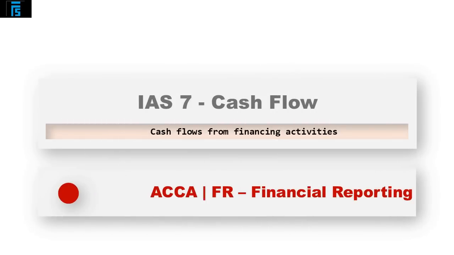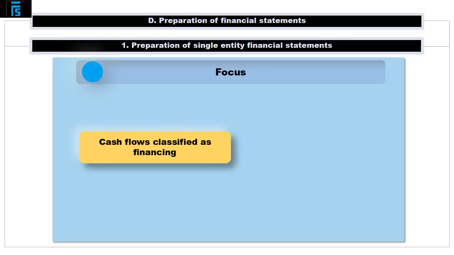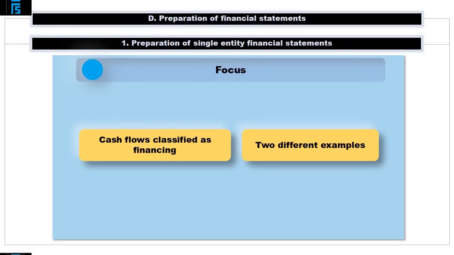In the fifth and final module of the section devoted to the statement of cash flows, we shift our attention to the third component of the statement, namely cash flows from financing activities. In the same manner as before, we will start the module by taking a closer look at precisely which cash inflows and outflows ought to be classified as financing. Later, we will go over two brief examples of how cash flows from financing activities are actually computed, using information about the issuance of shares as well as the payment of dividends.